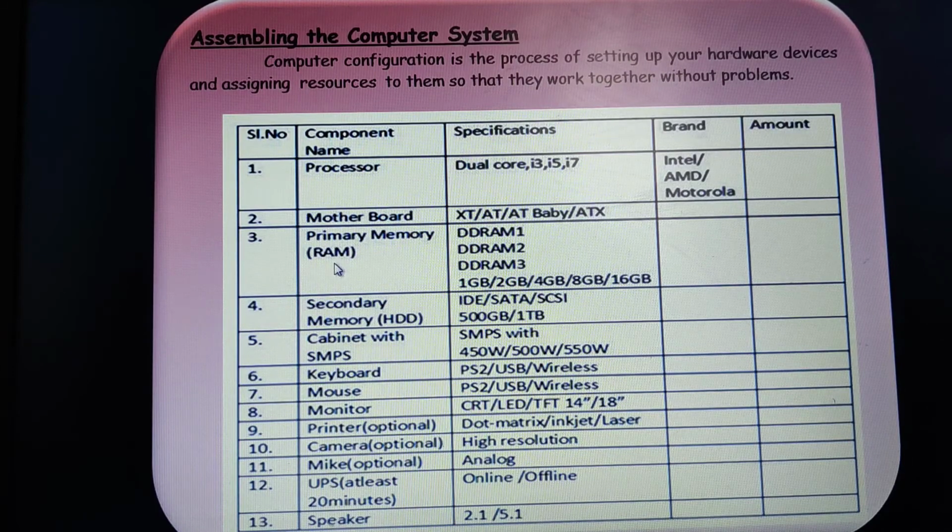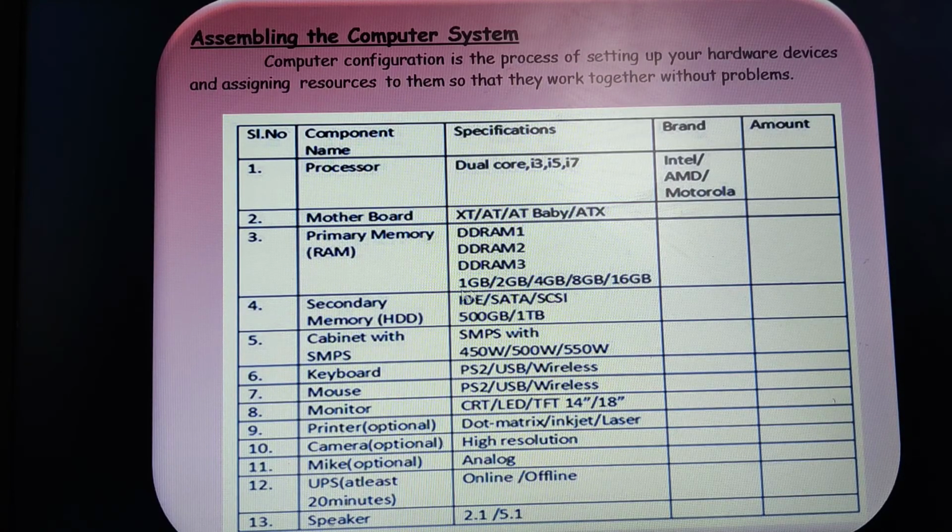Okay, then we have the primary RAM. Usually, as I said while I was discussing the RAM slot, we have DDR-M1, DDR-M2, DDR-M3 depending upon the capacity. DDR-M actually stands for double data rate random access memory, which is associated with the clock signal of the computer system. It passes the data at the rising edge as well as the falling edge of the clock signals. It will transfer the data to the CPU for the processing purpose.